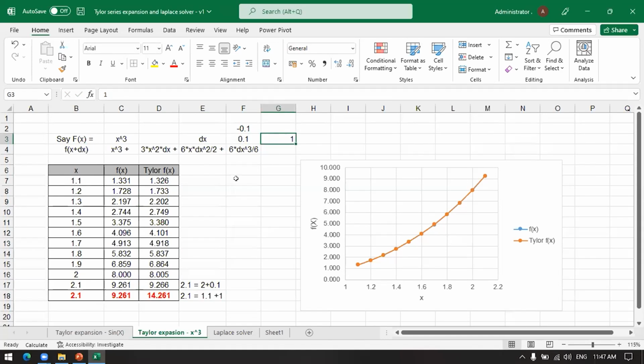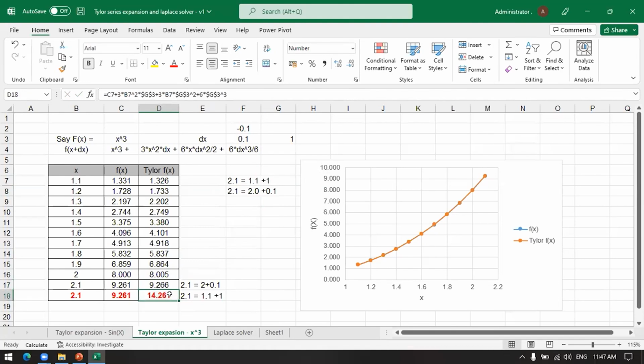What does that mean? I am going to write 2.1 as 1.1 plus 1. Before, what I was doing is I was writing 2.1 as 2.0 plus 0.1. What does that mean? I'm using the known value at 1.1 in this case and the known value of 2 in this case. And now I'm comparing what is the difference between the outputs.